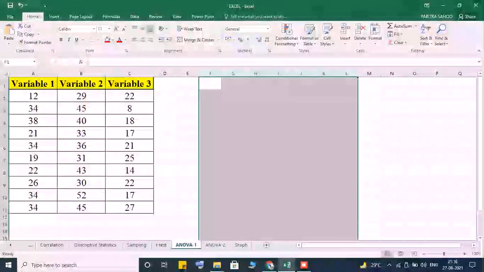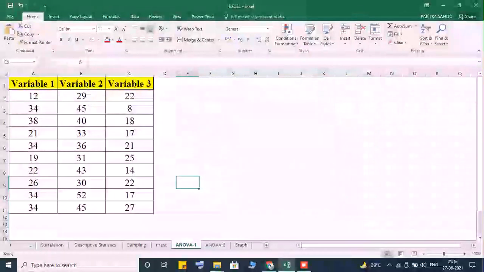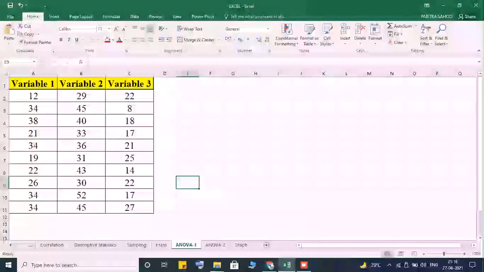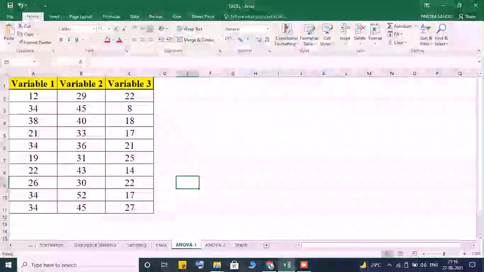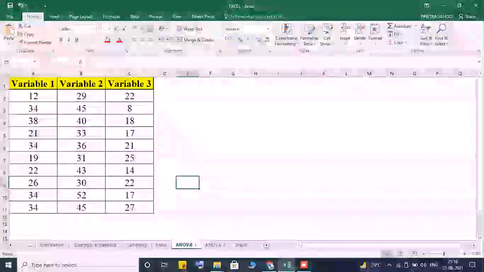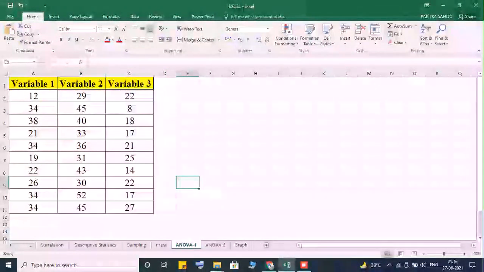Now we are going to the discussion of ANOVA. ANOVA we can apply if you have more than two variables, multiple variables. There are many methods to apply the ANOVA test, like one-way ANOVA, two-way ANOVA, and multivariate ANOVA. Here we are going to implement the one-way ANOVA and two-way ANOVA. So how do we find the one-way ANOVA first of all? First of all, again I have selected more than two variables. If you are going to do ANOVA, you have to select more than two variables. So you can see variable 1, variable 2, and variable 3.